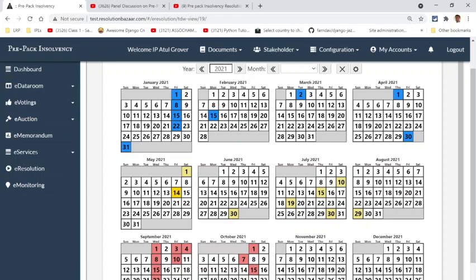Then the entire next month, almost close to 1.5 months, is spent on ensuring that the resolution plans we have received are in order, that the resolution applicants are all 29A eligible. There's a whole lot of documents and paperwork that has to be done by the resolution professional, and also a Swiss challenge has to be conducted.